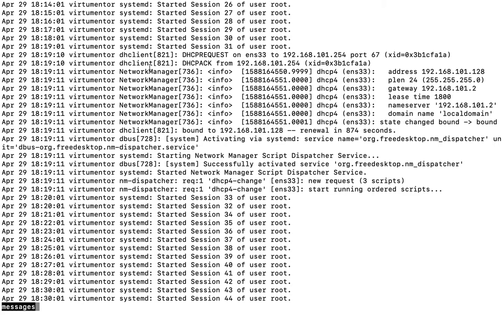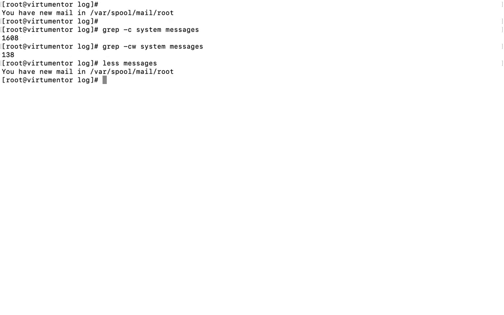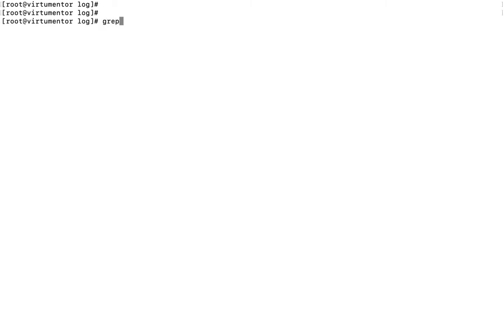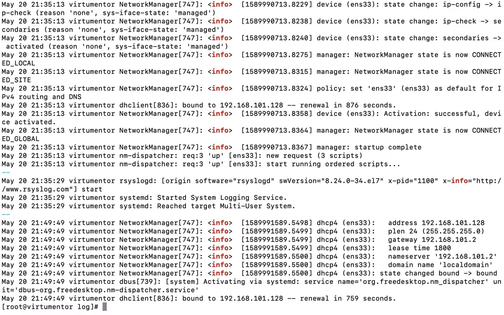We'll take the info keyword for the pattern searching. So grep hyphen A2, the pattern will be info, in messages. What happened here: after getting the pattern, I want the next two lines printed.